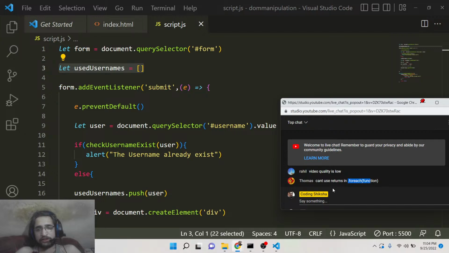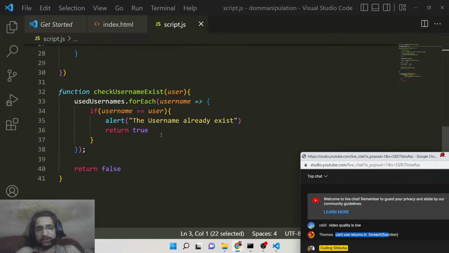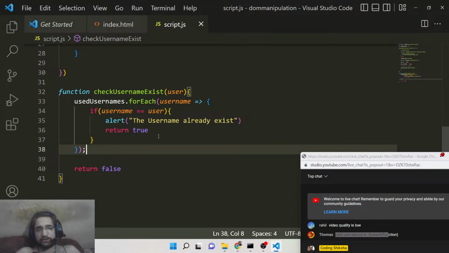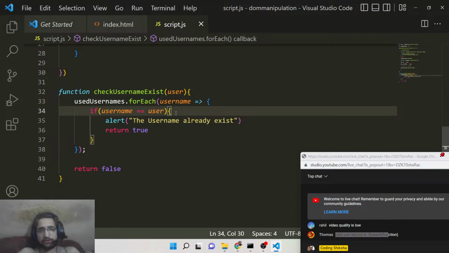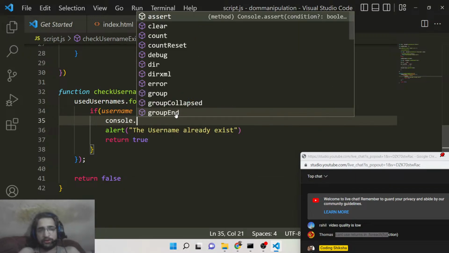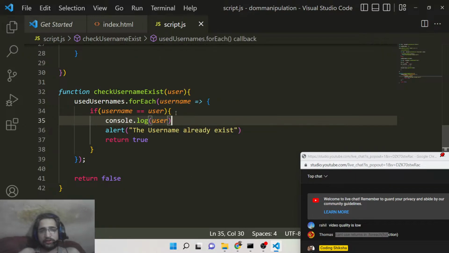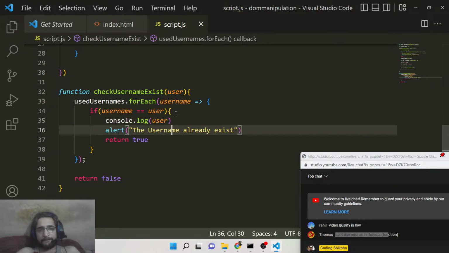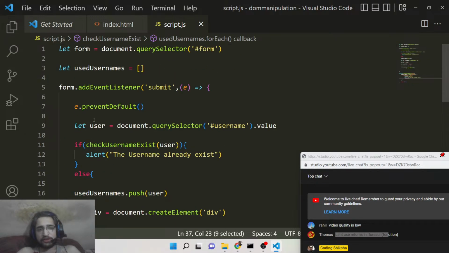What you are telling? Thomas is saying can't use returns in for each function, but you can see we are returning true here. So in this case you can see that if you console log the user,